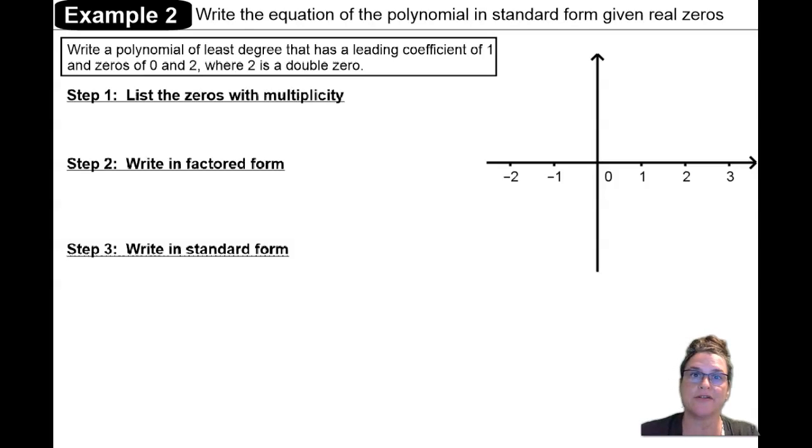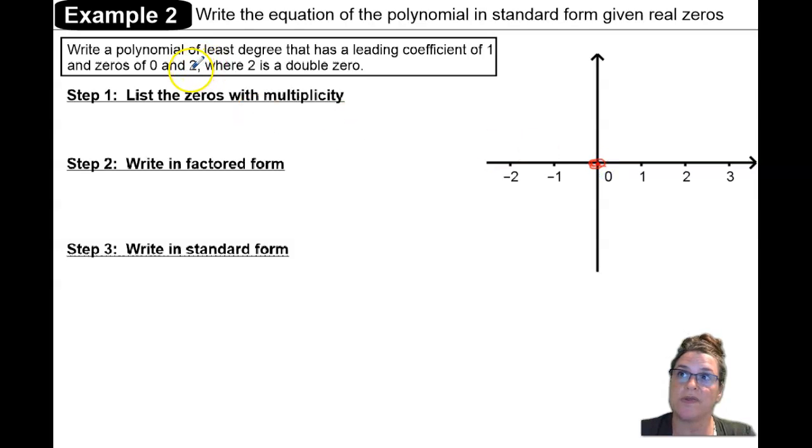Okay, so welcome back to our notes on writing polynomials. And in example 2, we want to write the equation of the polynomial in standard form given these real zeros in the verbal description. So this polynomial has a leading coefficient of 1, right? We want the polynomial of least degree, and its zeros are 0, so I have a cross here at 0,